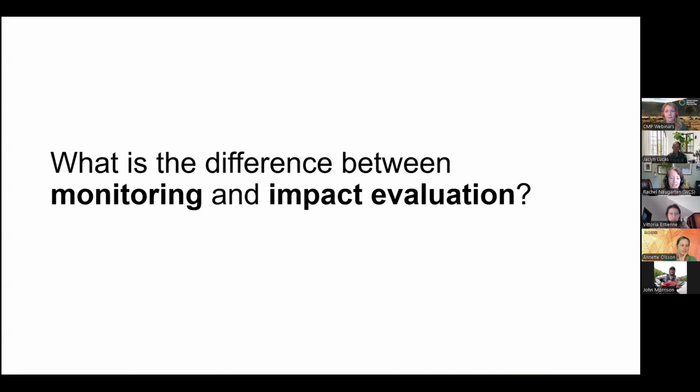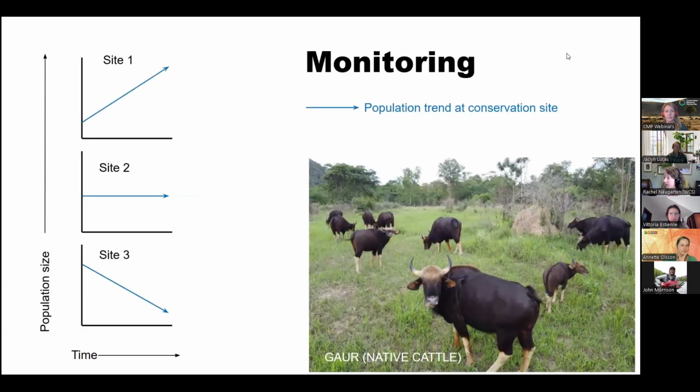Causality. Impact evaluation is about causality. Monitoring is about performance. Experimental design needed for impact evaluation. Excellent. Okay, love these answers. Oh, timescale. Ooh, that's an interesting one. Okay, great. So we're going to try to explain for those of you maybe who are a little bit less familiar with these terms, what we mean by this using an example.